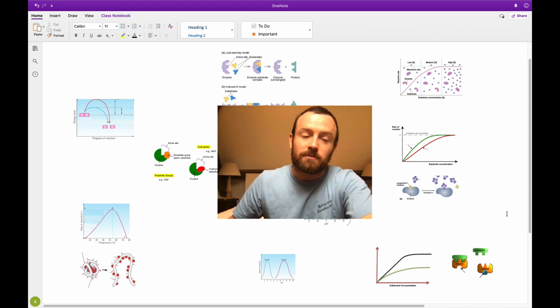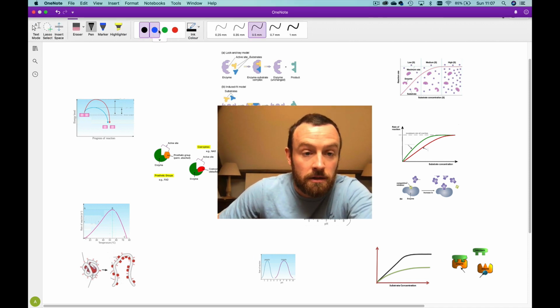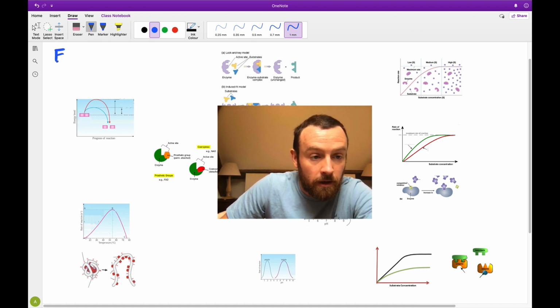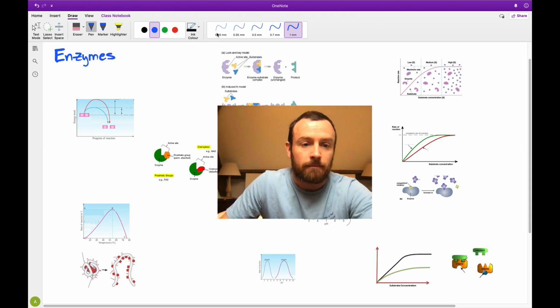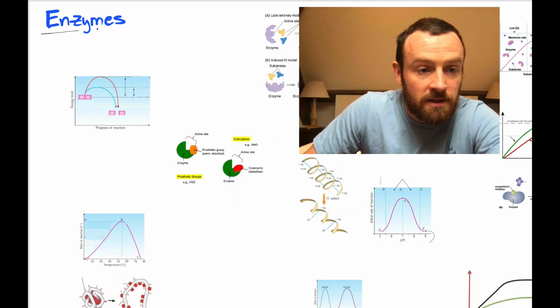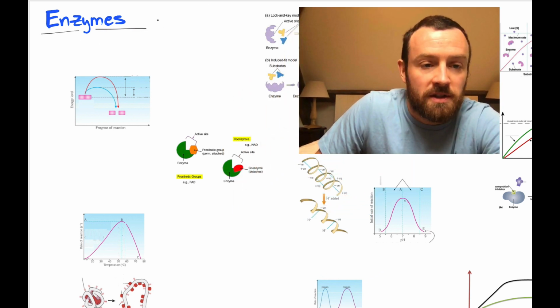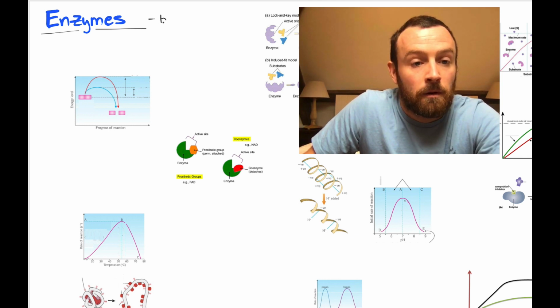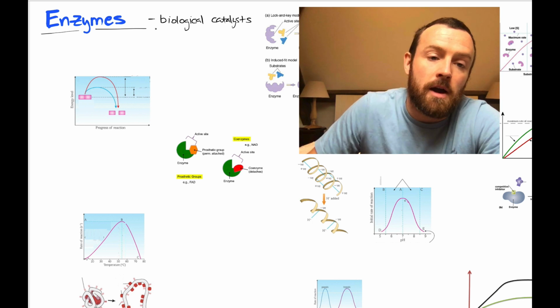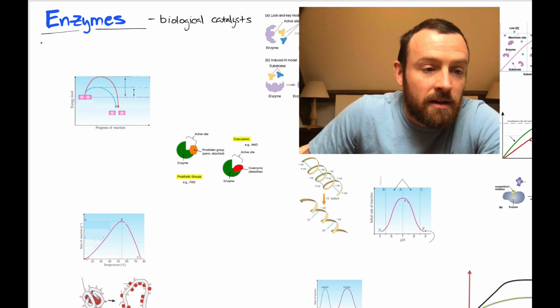Okay, so first of all, let's get straight into it and talk about enzymes. That's what we're learning about today. Enzymes. Let's make a big title up here. Okay, so what are they? Well, enzymes, first and foremost, they are biological catalysts. So biological catalyst means that they are proteins,